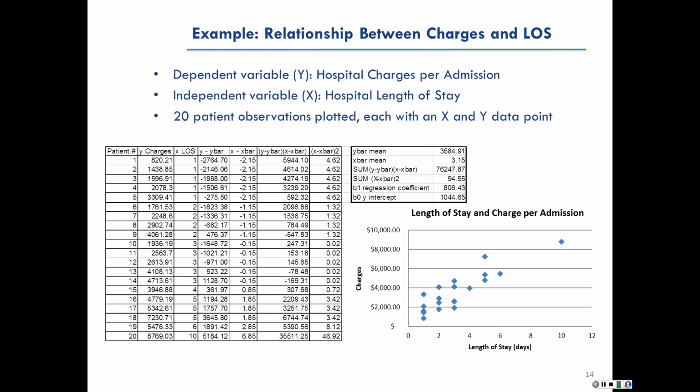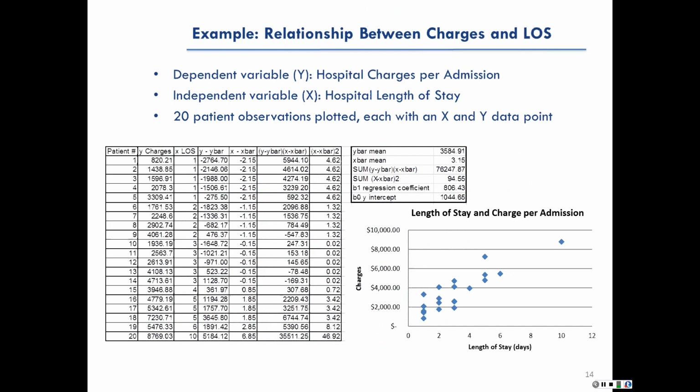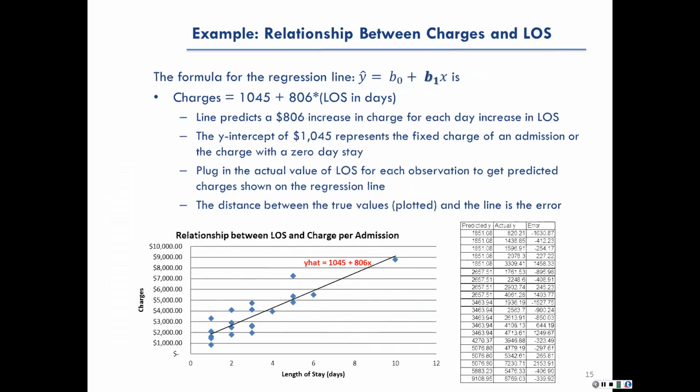And then lastly, we calculate the y-intercept using, remember the formula from the previous slide, it's equal to the mean of y minus our regression coefficient multiplied by the mean of x. And so we have that information in the little table there to calculate our y-intercept. And so now we have the formula for our regression line, y hat equals beta naught plus beta 1x. And that is equal to, our y hat here are charges, right? Hospital charges. It's equal to 1,045 plus 806 multiplied by the length of stay in days,